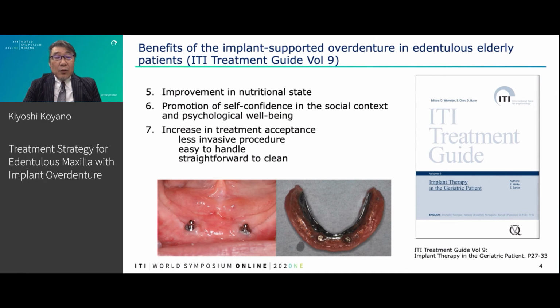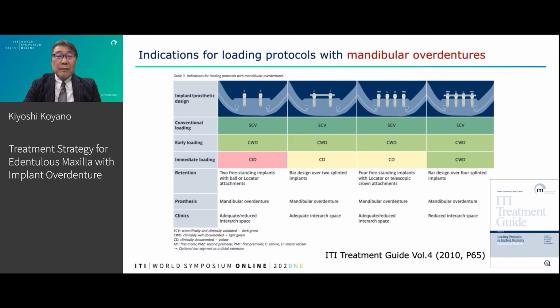Number six, promotion of self-confidence in the social context and psychological well-being. Number seven, increase in treatment acceptance through the proposal of a less invasive procedure, and maybe easy to handle and straightforward to clean. And also ITI Treatment Guide Volume 4 describes the indications for loading protocols with mandibular overdentures, as